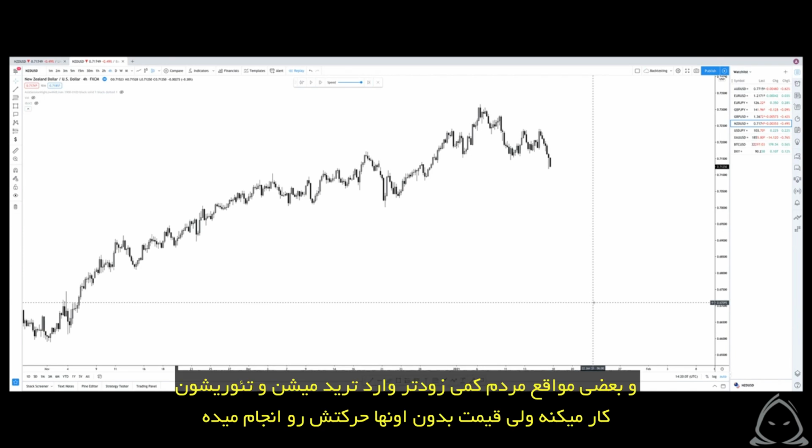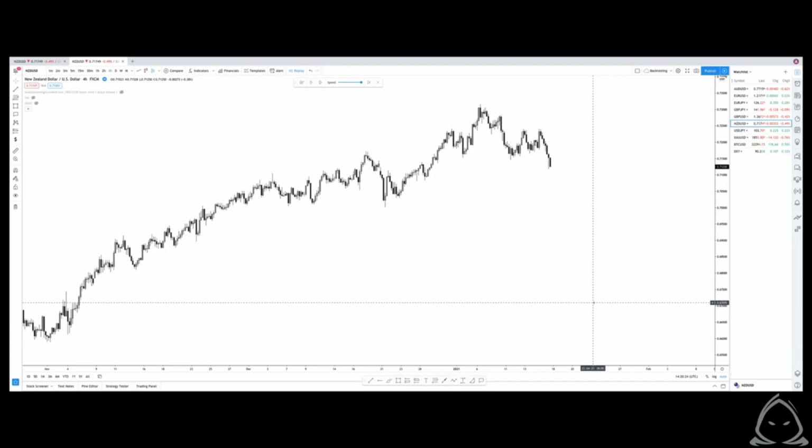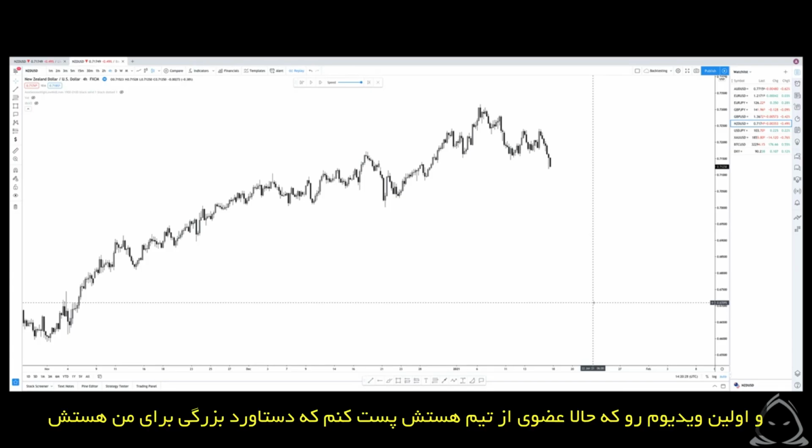Also, sometimes people are getting involved in the market a little bit too soon, taking an L, and then their overall theory works out and price goes without them. This trade here gives you 3 entries to potentially take, depending on your plan and your entry model. But I just wanted to run through it, sort of a top-down analysis, and of course post my first